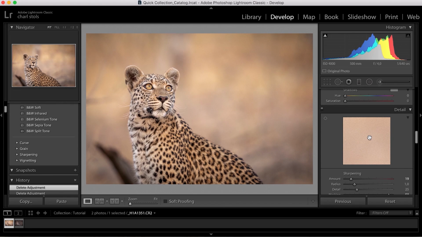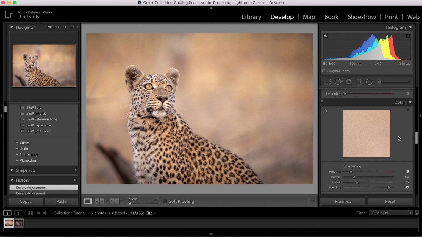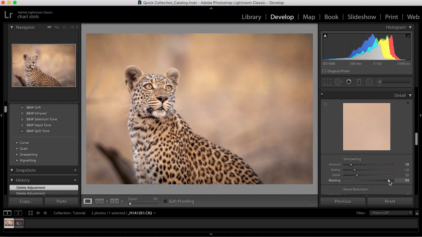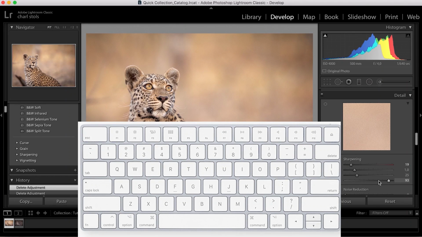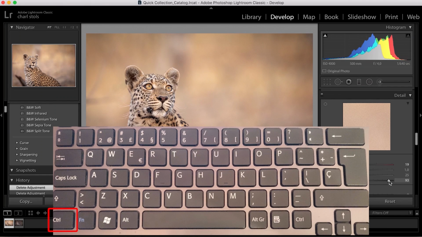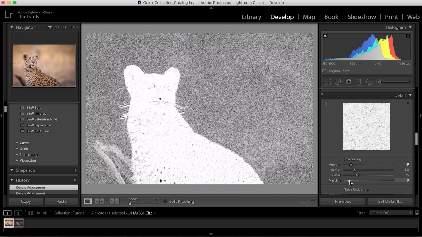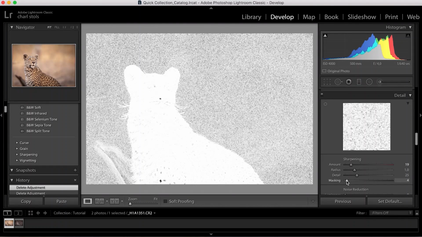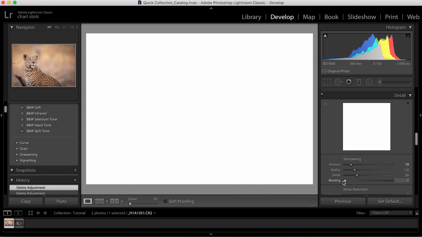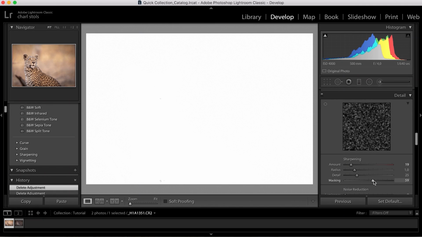If you come into the Details panel, I've already done my editing on the picture. I'm just going to show you the noise reduction and the sharpening. So let's start with the sharpening. If you press Alt on Mac or Control on Windows, keep it pressed, and click on the slider, you can move it left and right. If you move it to the left side, you will see the image is getting quite white, all the way to completely white. If you move it slowly to the right,